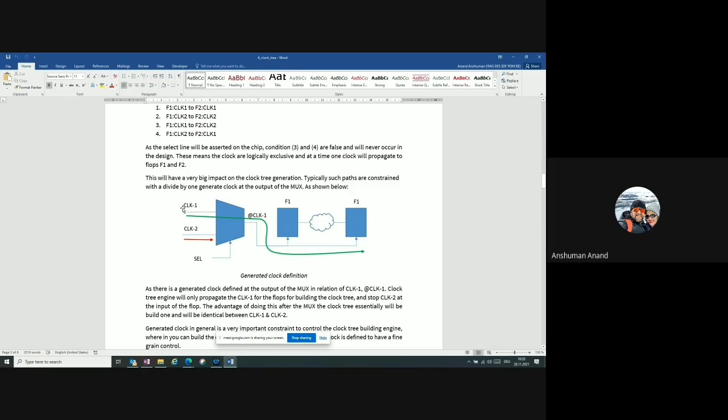of this clock. Okay. So what it tells the clock tree engine is that beyond the output of the mux, only this clock 1 will pass, because the clock that I defined here, divide by 1 generated clock, is of this guy. So without even specifying the select signal, you can constrain your clock tree in a way that only this signal will pass through and this signal will stop at this point. So it will build the clock far behind, but after this point, it will not cross.